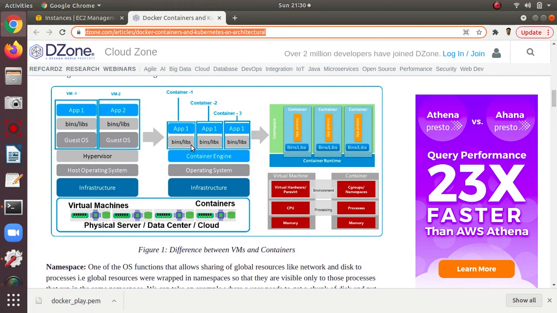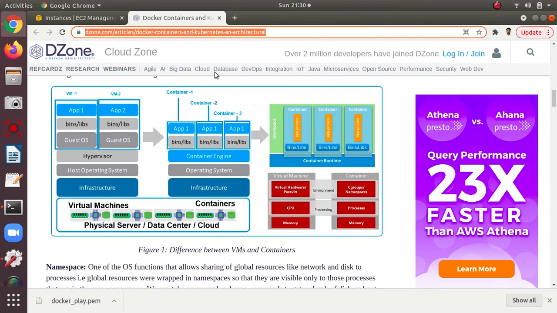The logic is that it pulls only the application, not the whole OS. Whatever is required, it just installs over the OS and pulls as a raw thing, so that we don't need much space. It works on the stack concept.